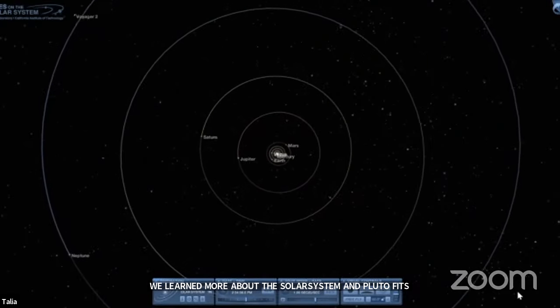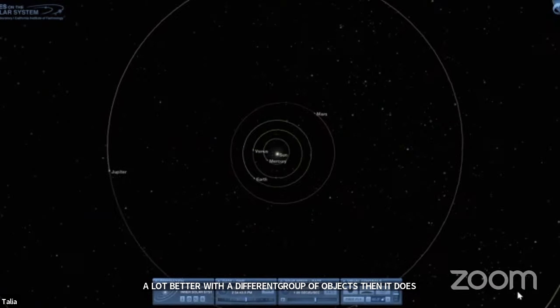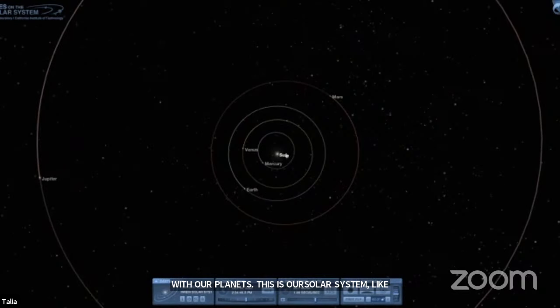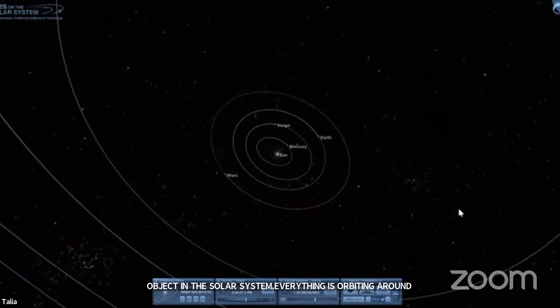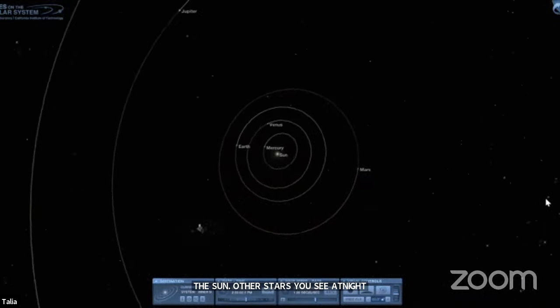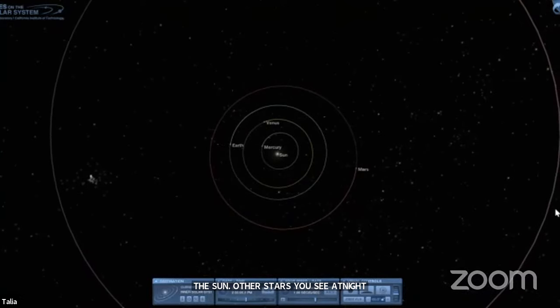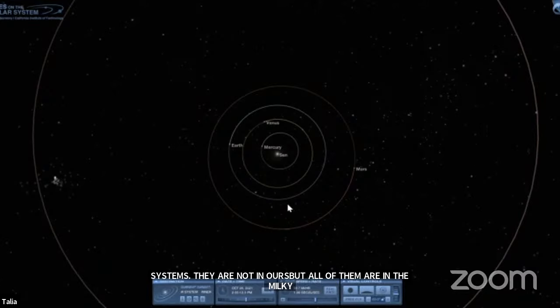It's like our little neighborhood inside of our galaxy. There's only one star and it's the sun, and it's the most gravitationally dominant object in our solar system. Everything is orbiting around the sun. Other stars that you see at night in the sky, when you look up at those constellations, those are all different solar systems. They're not in ours, but all of them are in the Milky Way galaxy. Hopefully that gives you a better idea of our place in our galaxy or in the universe, even in our solar system. So now let's take a closer look at the closest planet to the sun,